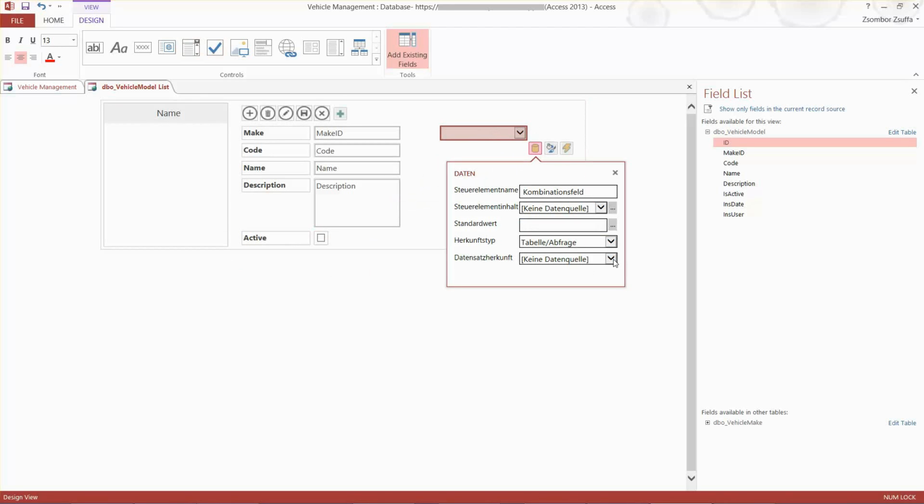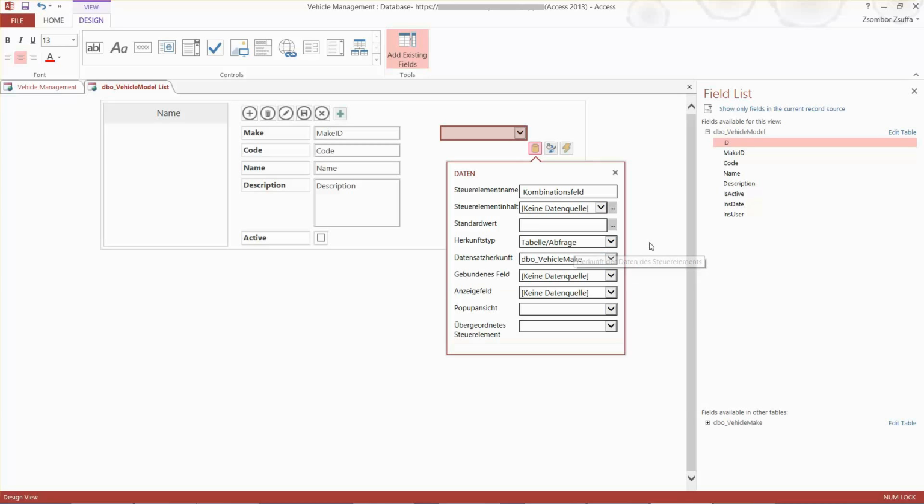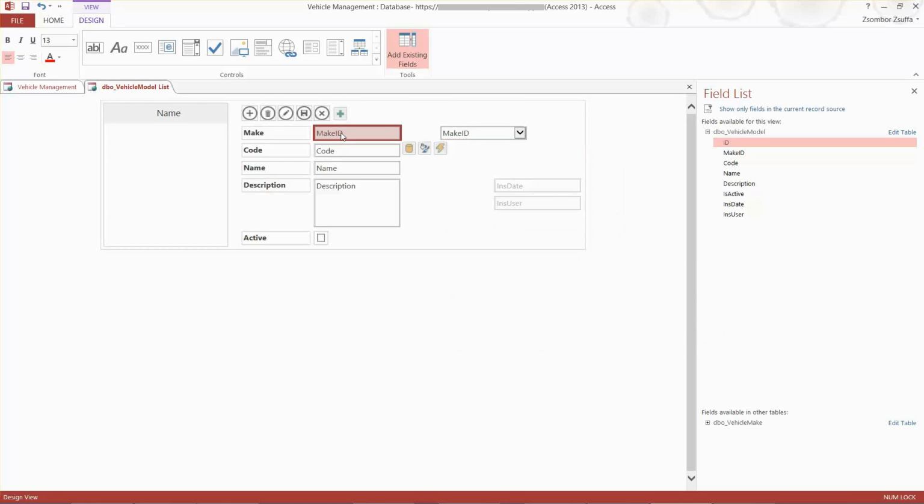We say that the data should come from the vehicle make table, and it should go to make ID, and the field should be name. So in this way we delete this field and we bring in this one. I think this looks pretty good. Now we save it